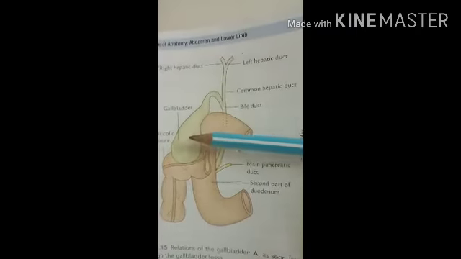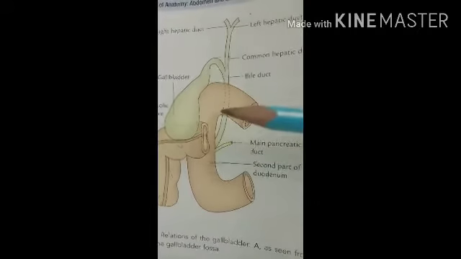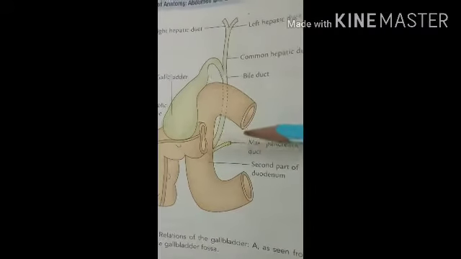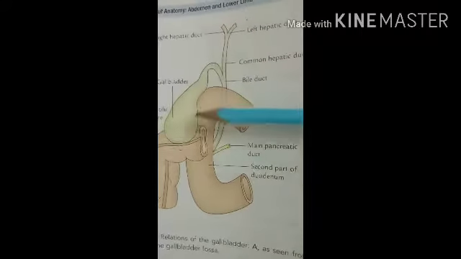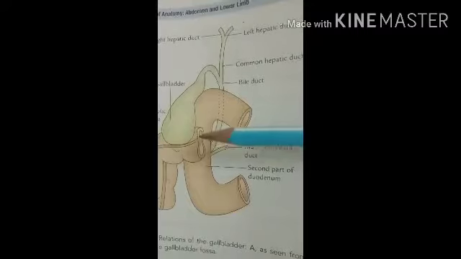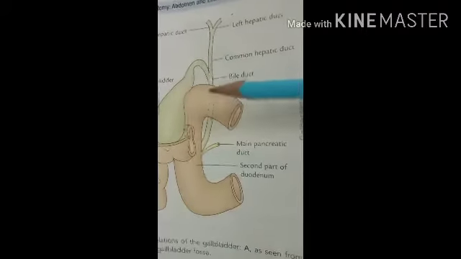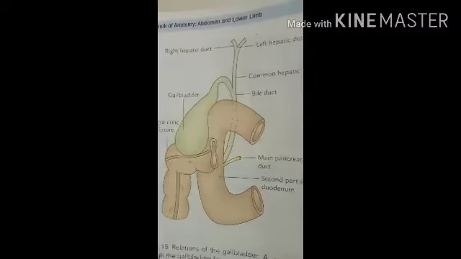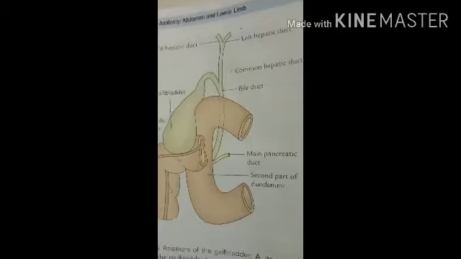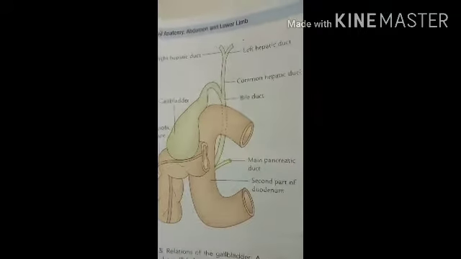Third function, that is it absorbs a small amount of loose bile salt and cholesterol compounds by the gallbladder. And the last function, that is it regulates the pressure in the biliary system by appropriate contraction and relaxation of the gallbladder. So these are the functions done by the gallbladder.